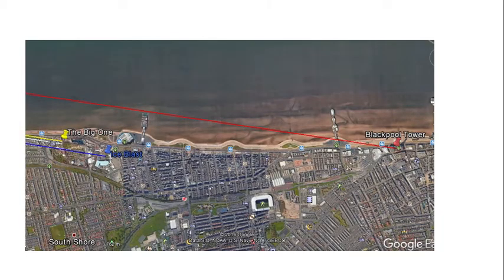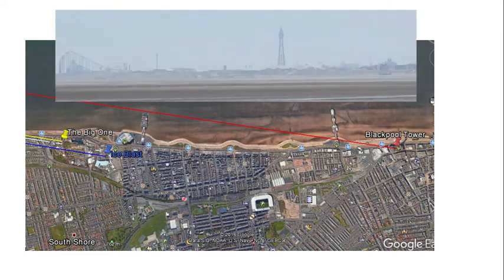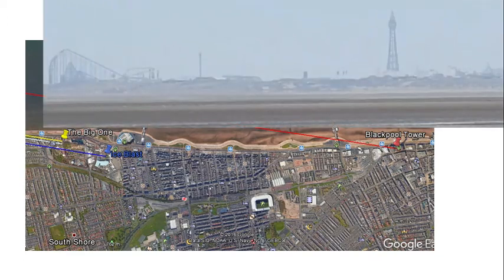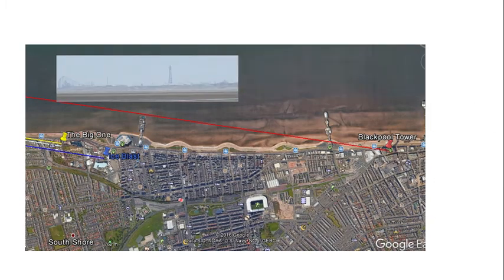So let's try to use Ranty's method of overlaying a photo over a map. Here we have the big one, we have the ice blast, and we have the tower. Let's see if we can line them up. If we try to line up the big one and the Blackpool Tower, you can see the ice blast doesn't line up at all. Now, if we try to line up the big one and the ice blast, now the Blackpool Tower doesn't line up. What is the correct method?